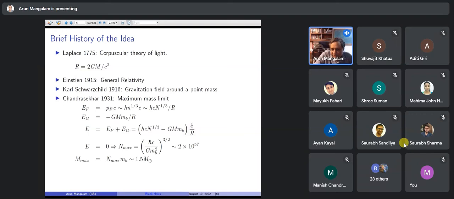So E_F plus E_G for a ball of Fermi particles having mass m_b scales as 1 over r. And you see the number of particles to the one third coming in here, and then the mass coming here. The rest of the expression is just fundamental constants. So if you equate this to 0, so when the energy just becomes